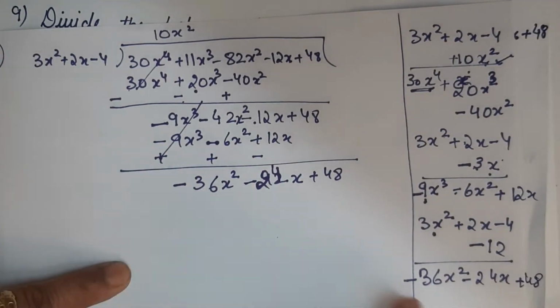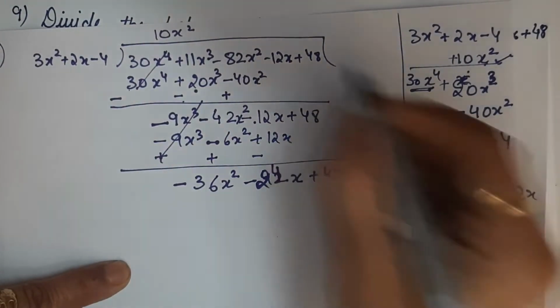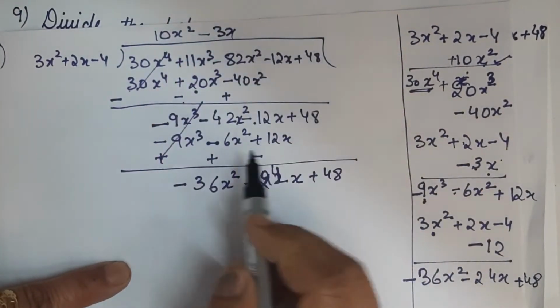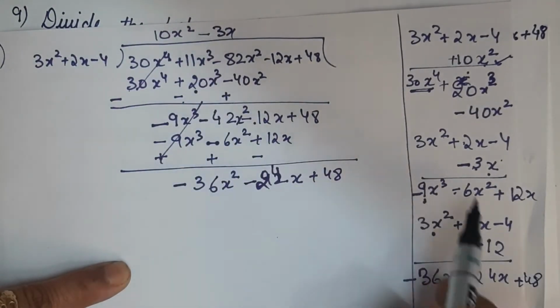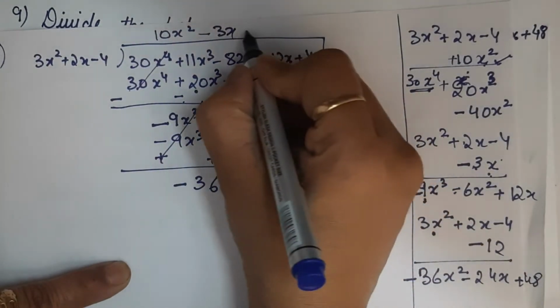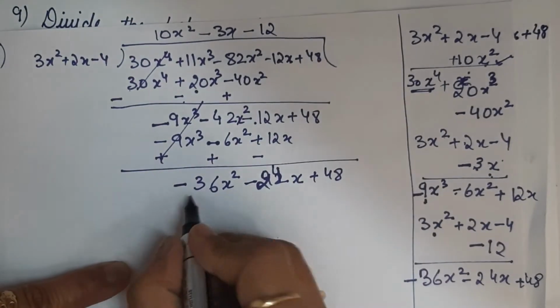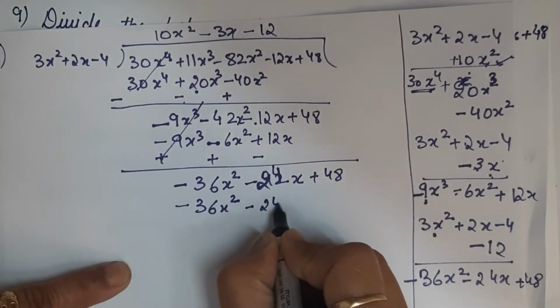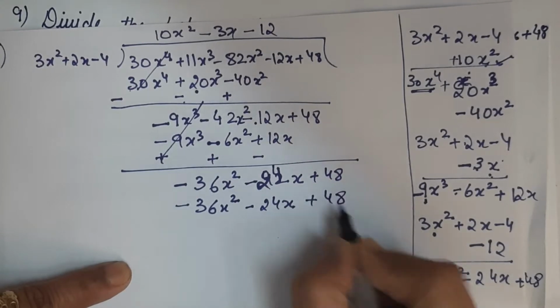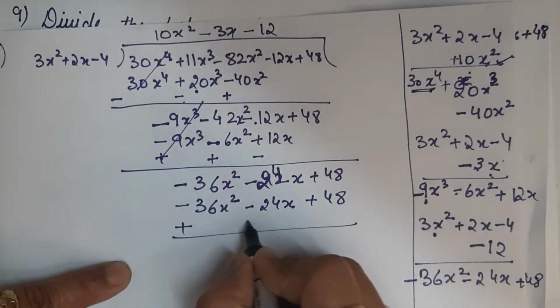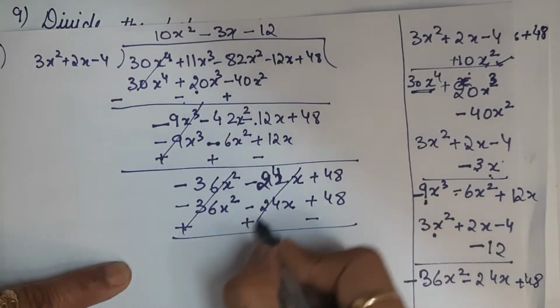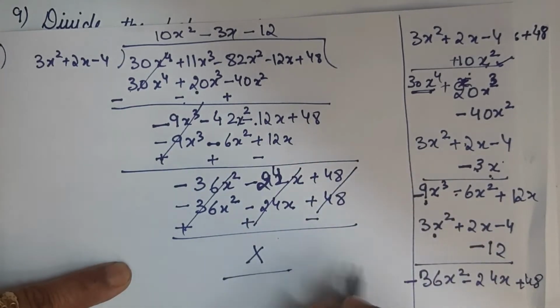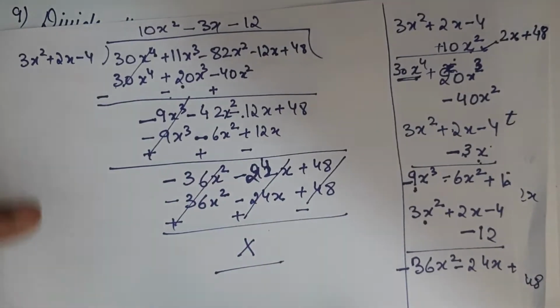So this comes out to be with minus 12. See, minus 3x also I have not written. The second term comes out to be with minus 3x. Now this comes out to be with minus 12. Now the equation we get is minus 3x, 36x square minus 24x and plus 48. Now everything cancels out and we get the remainder as 0. So this is the simple method,